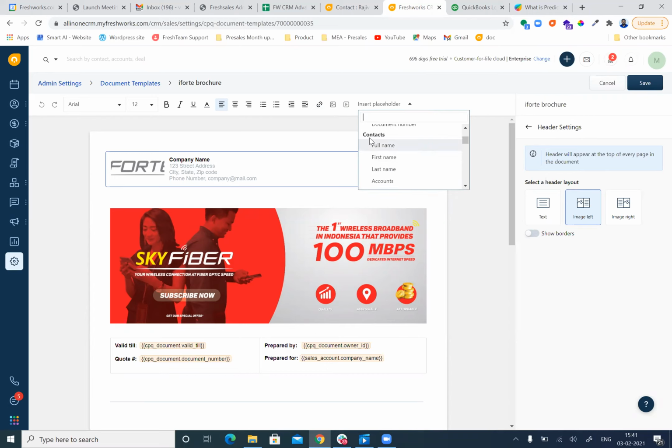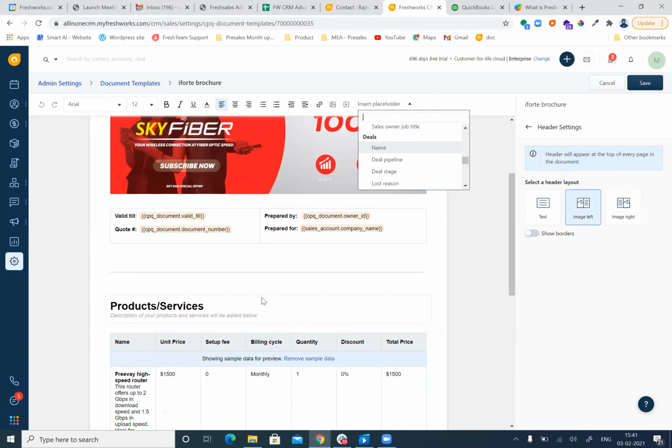This captures the contacts as well as the accounts module, and you can pull fields from the deal module also. So you will be able to take values from all three modules: contacts, accounts, and deals. This way, you can build a personalized quote or proposal document for each and every customer.